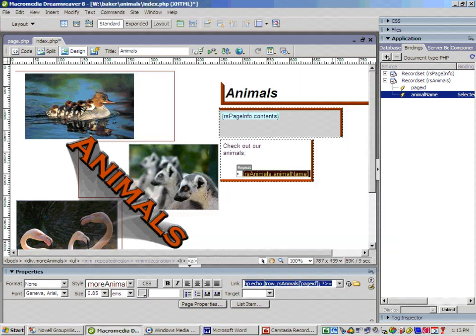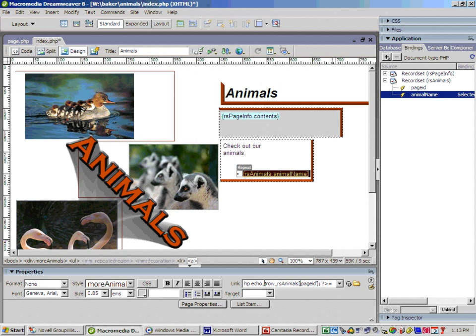Now a link has been inserted, a dynamic link. Now I must key in and modify this dynamic link. And watch as I do this, and I'll provide a screenshot of this as well. In the link, after the question mark, I'm going to type page ID. That is the field from the record. I'm going to put equals. And then I go and delete the equal at the end. And now I say OK. What happens is a dynamic link has been